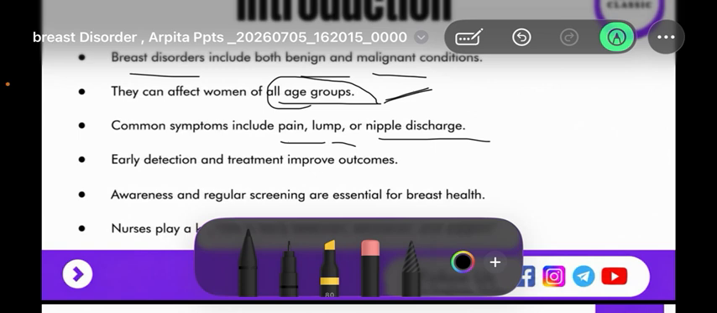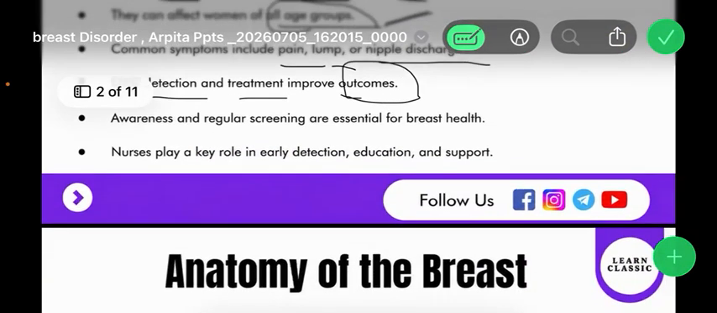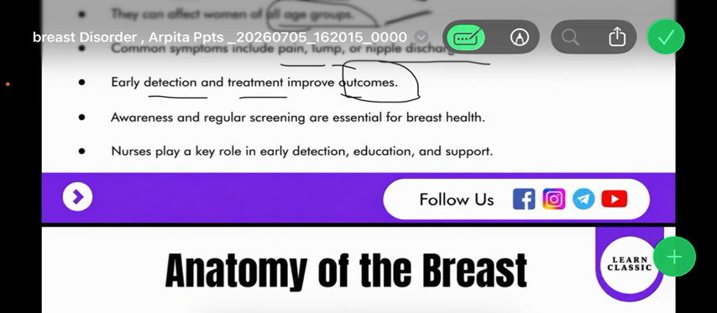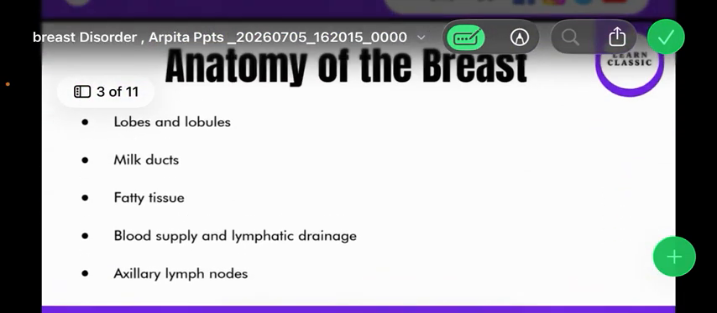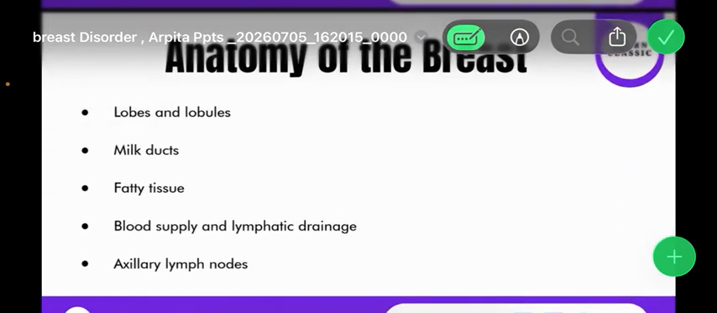Now early detection and treatment improves the outcome. So awareness and regular screening are essential for breast health, and nurses play a key role in early detection, education and support. So coming to the anatomy of the breast, it includes lobes and lobules, then milk ducts, fatty tissue,